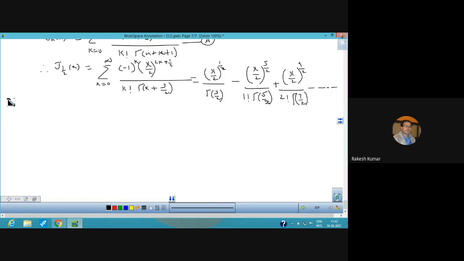अब गामा के लिए हमारे पास जो फॉर्मूला था, that was gamma n plus 1 is n gamma n. Now this formula will be applied over here. So the right hand side is x over 2 raised to power 1 by 2, so square root of x, and it is divided by 2 square root gamma 3 by 2. By using this formula it can be written as 1 by 2 and 1 by 2 gamma. So by using the gamma formula, we can do this.